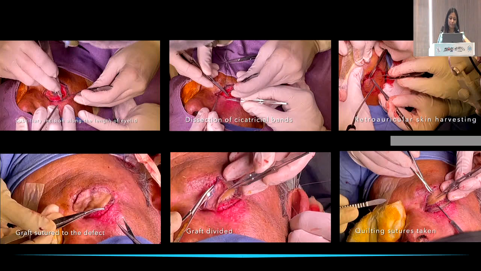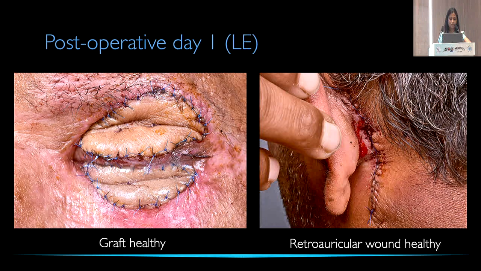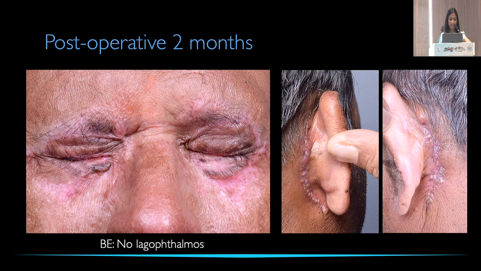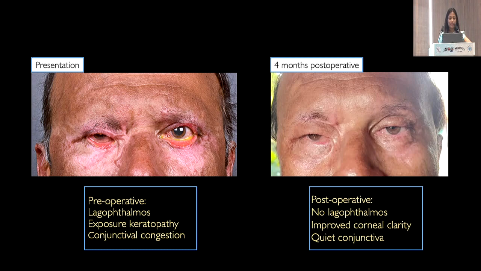These are the steps: subciliary incision along the length of the eyelid, dissection of the cicatricial bands, and retroauricular skin harvesting. We can take skin from anywhere, such as preauricular, supraclavicular, upper arm, or even the opposite eyelid. The graft was sutured to the defect and then divided between the upper and lower eyelids, and then quilting sutures were taken to adhere the graft onto the underlying tissues. This was the appearance on postoperative day 1. Both the wounds were healthy, and at postoperative 2 months on both sides, there was no lagophthalmos. At 4 months postoperative, there was no lagophthalmos, improved corneal clarity, and the conjunctiva